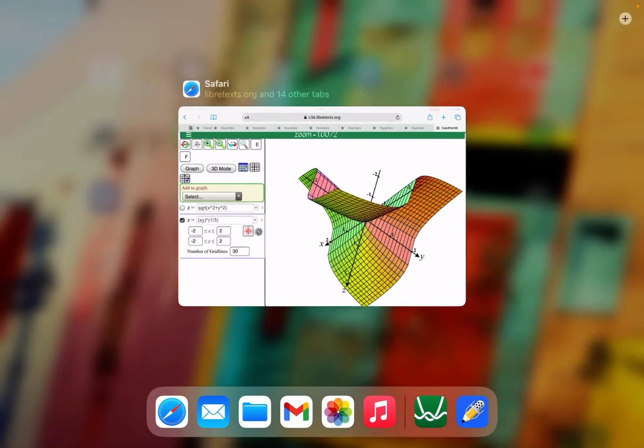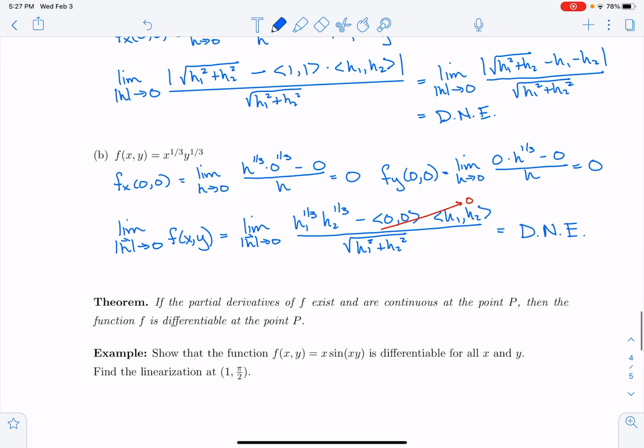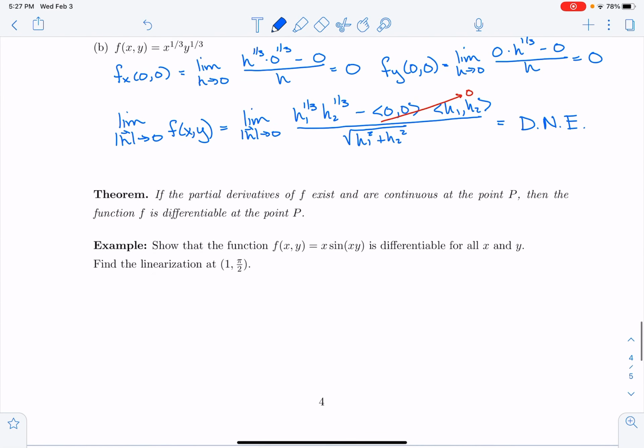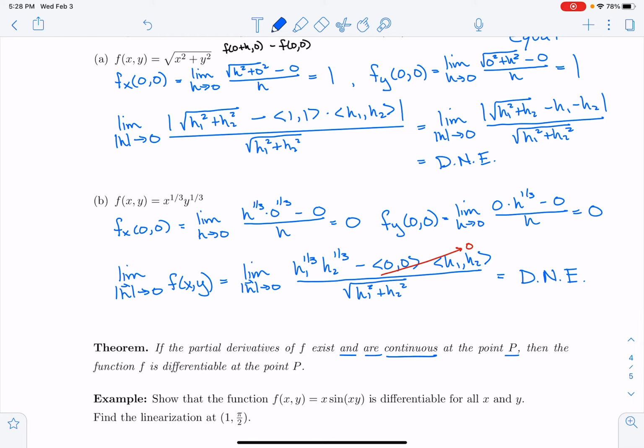Okay, so going back to our examples, there is a theorem. The theorem says, if the partial derivatives of f exist and are continuous, and that is so important, and are continuous at the point P, then the function f is differentiable at that point. So in our previous examples, the partial derivatives existed. We had to use the definition to see that,